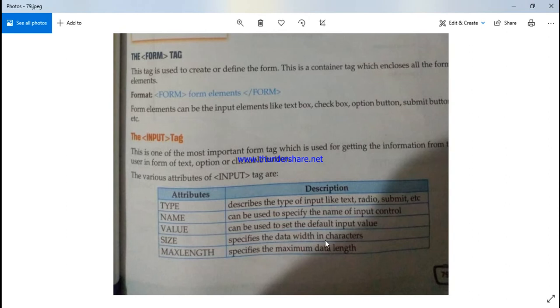Size specifies the width of characters, and maximum length specifies the maximum length of data. Suppose you want to type the name of a person, so how many characters there will be, you can define by the size and maximum length in the form.